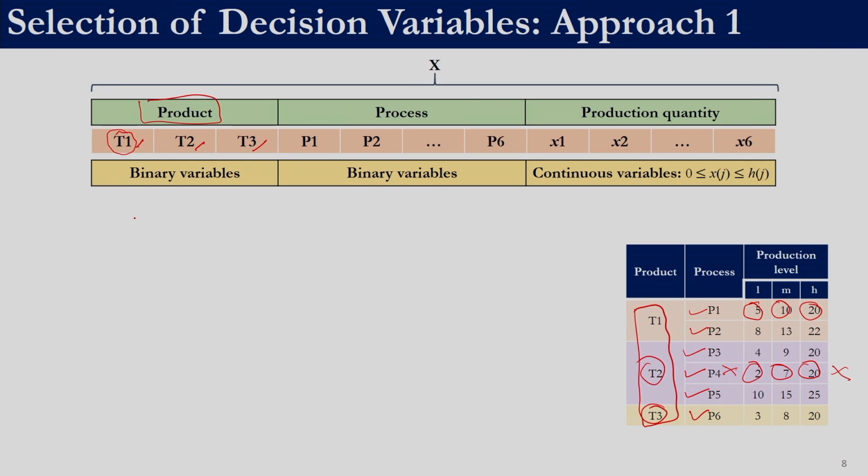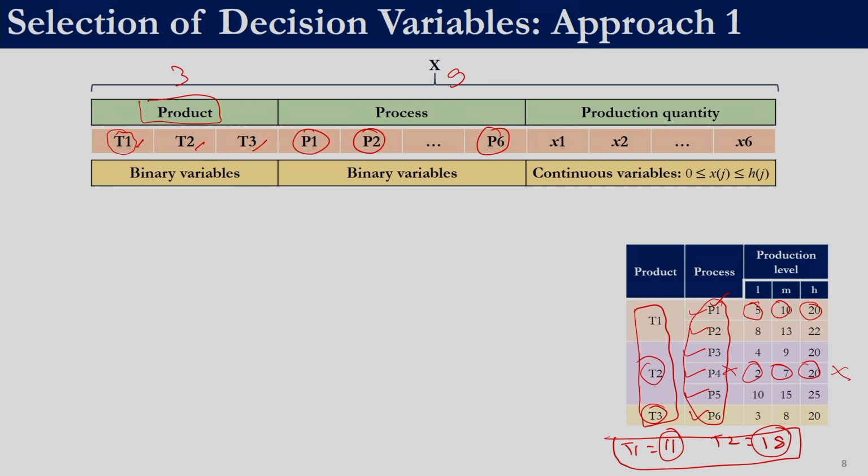The second section is we have another 6 binary variables. So for example, for this process, if I just say that T1 is required in, let us say 11 quantity, T2 is required in, let us say quantity 18, so if we say this is the production plan, then it is not a complete production plan. We are only saying that we want to produce 11 units and 18 units. We are not saying which of the process we will use, and depending upon the process that we use, the production cost and the investment cost would be varying. So we also need to make a call on the processes. So here again we define 6 binary variables, P1, P2, P3, P4, P5 and P6.